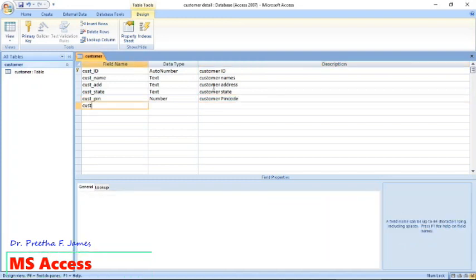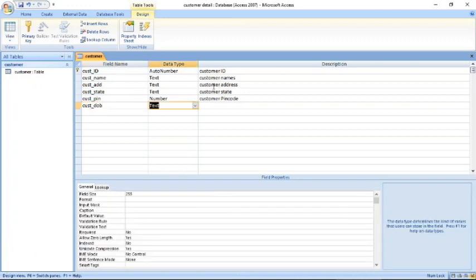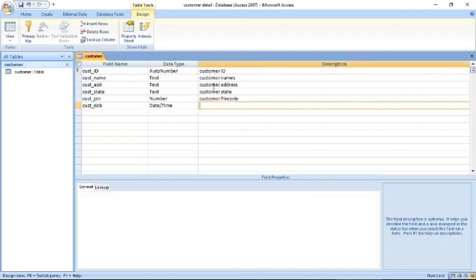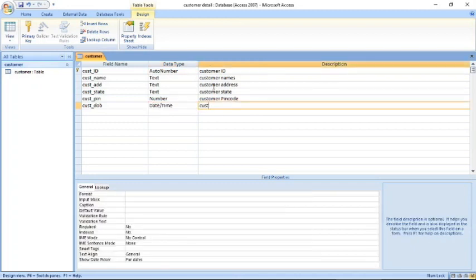Customer PIN code. If I am going to get the customer date of birth, it should be in the date and time data type.